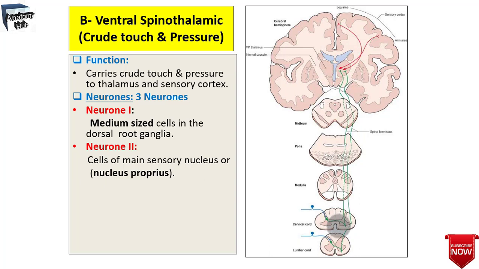After crossing the white commissure, the axons of the second order neurons ascend contralaterally to the anterior funiculus, forming the anterior spinothalamic tract,